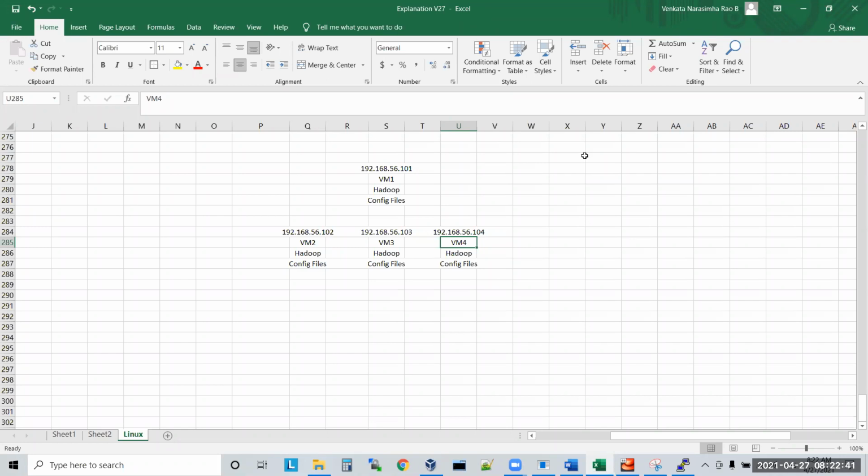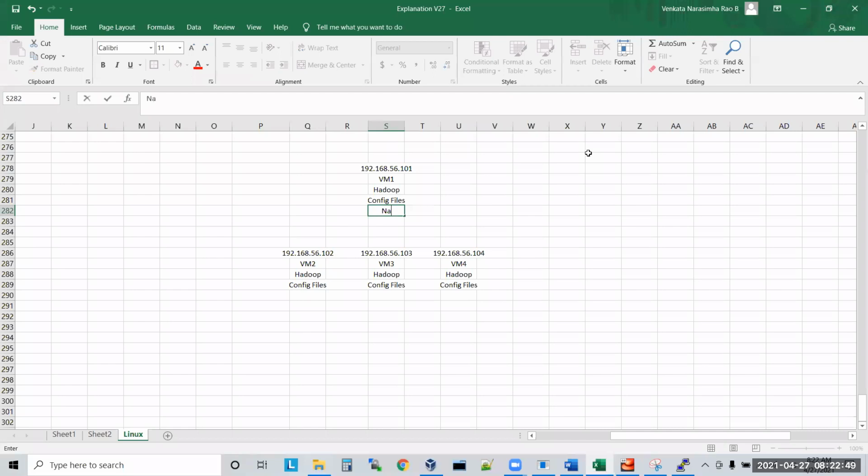Now, as per the Hadoop configuration file, you are telling that the name node IP address is 192.168.56.101. You are telling this IP address in each and every machine.